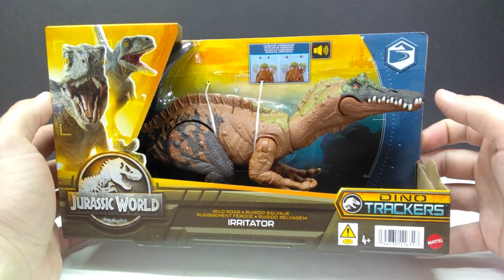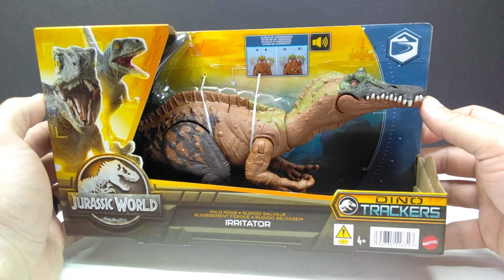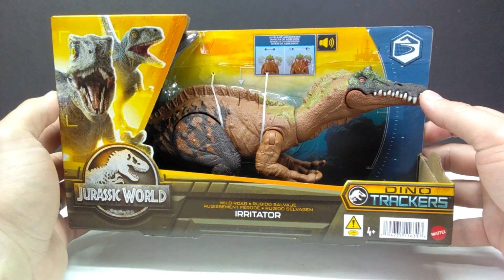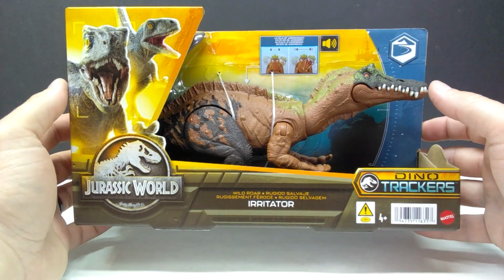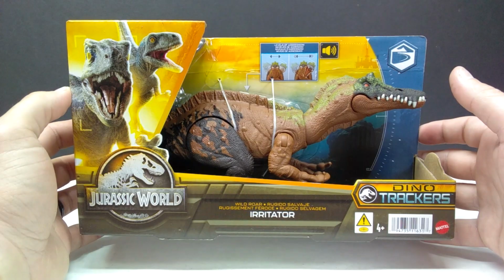A lot of people kind of dismissed this one after the announcement of the Hammond Collection version, but I've actually been really psyched for this one. Honestly, this one was probably my most anticipated for the Wild Roar line, so I'm really psyched to actually have it here now. But you can see, again, the box art is pretty much your standard when it comes to